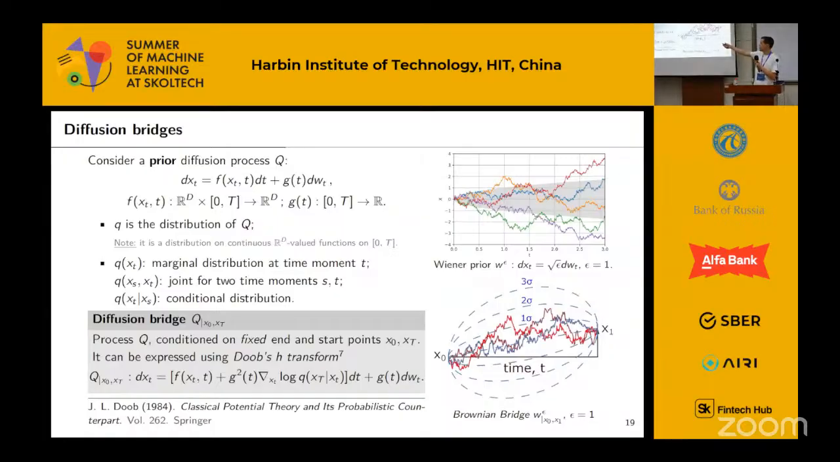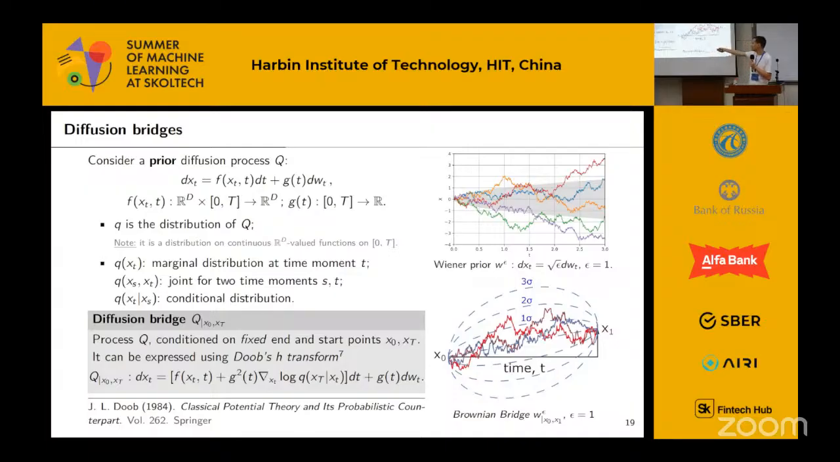What is a diffusion bridge? So basically, we have some diffusion process, and a diffusion bridge is the same process, but pinned at two points. So what does this mean? This means that this is a conditional diffusion process conditioned on its start and end points. So basically, it is a distribution of the process Q, assuming that it starts and ends at particular given points